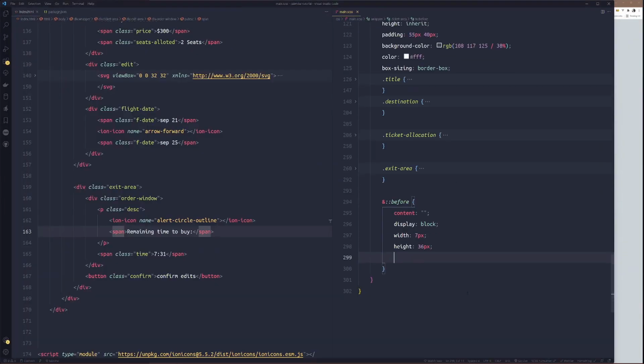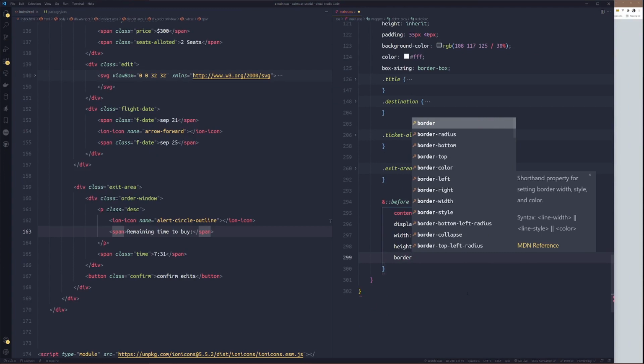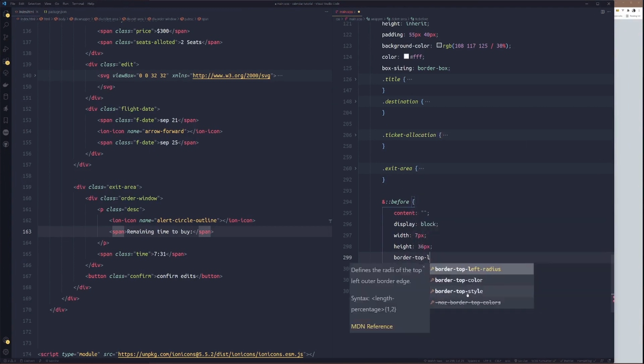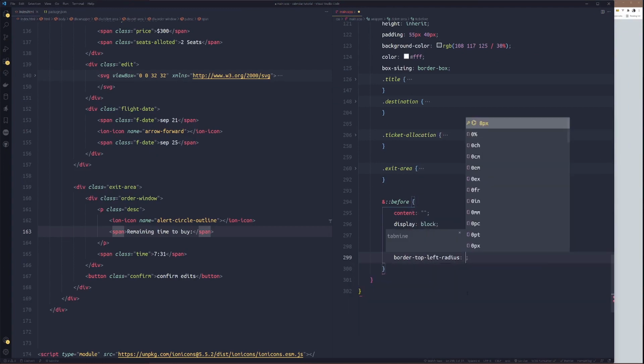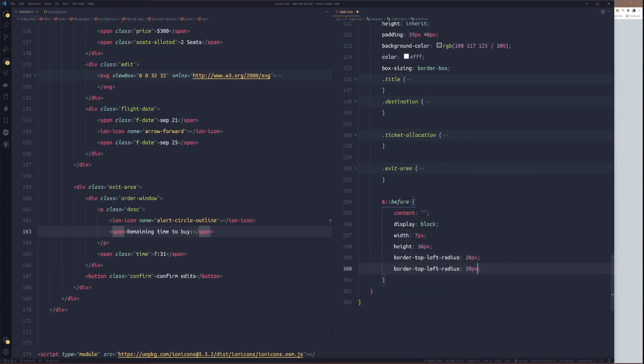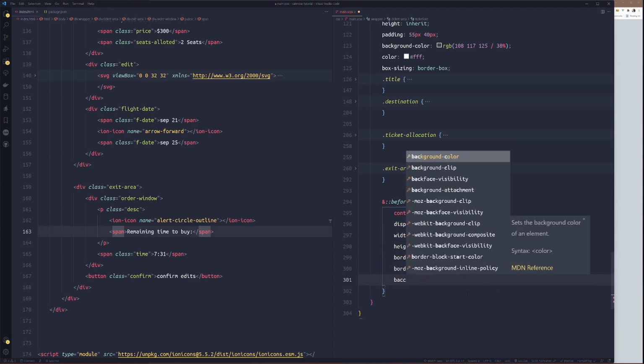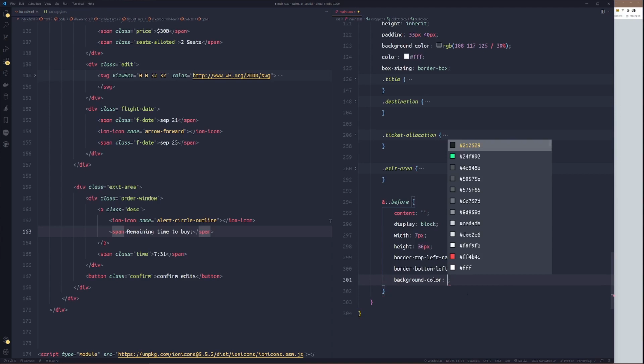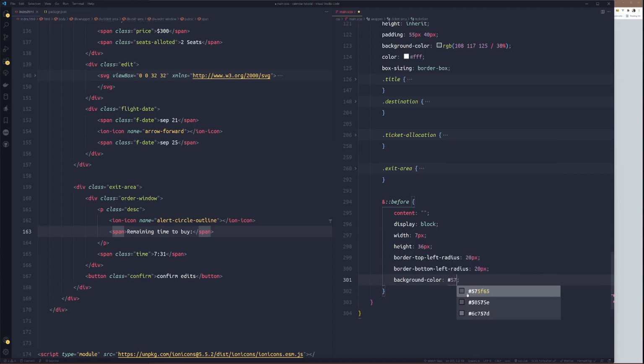All right, so now border top left radius 20 pixel. The same thing for the border bottom left radius. We'll set background color to hash 575565, blah blah blah.